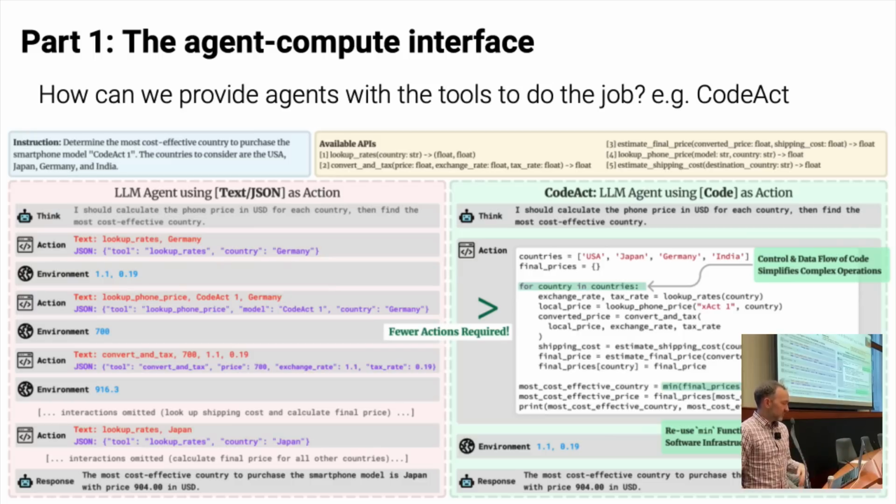And you have a bunch of available APIs. So what you do for some agents is you provide them all of these APIs as tools that they can call. In this particular case, in order to solve this problem, you'd have to make about 30 tool calls, right? You'd have to call lookup rates for Germany. You'd have to look it up for the US, Japan, and India. That's 4 tool calls. And then you go through and do all of these things separately.